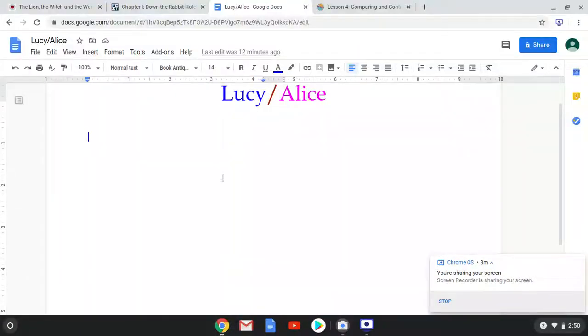So the main thing in chapter 1 is Lucy enters the magical world of Narnia through a wardrobe. That's pretty much the main gist of chapter 1, the main thing. All right, chapter 2,